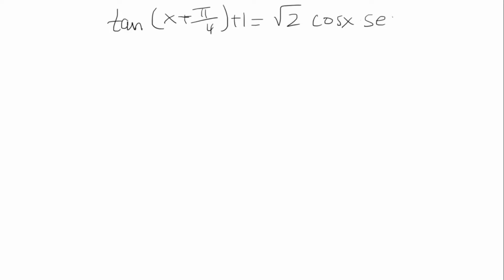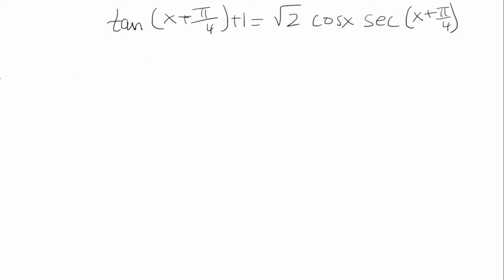I want to prove the trig identity: tangent of x plus pi over 4, plus 1, is equal to square root of 2 cosine of x times secant of x plus pi over 4. So I'm going to start with the right side, and I'm going to finish up, make it equal to the